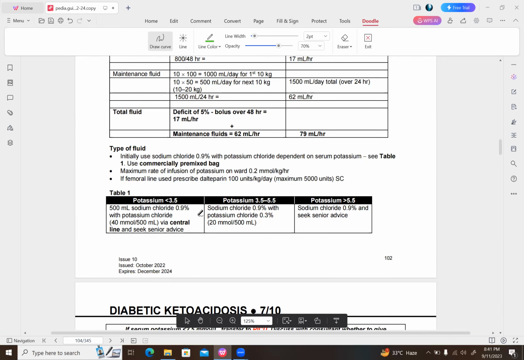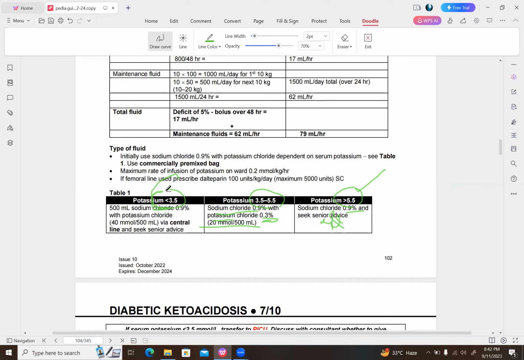For exam point of view, you see this potassium level, whether it is less than 3.5, between 3.5 and 5.5, or more than 5.5. If more than 5.5, then you don't have to give the potassium chloride, okay? No need to give the potassium chloride, just give the 0.9% sodium chloride. If it is between 3.5 to 5.5, give